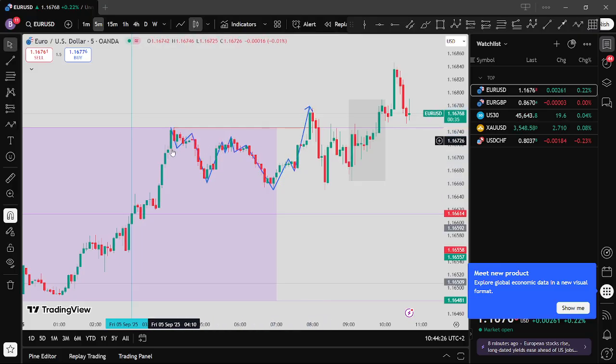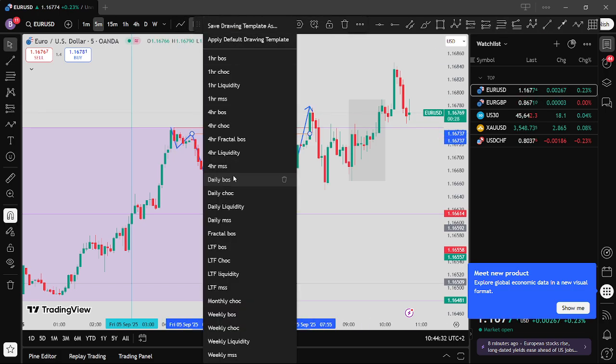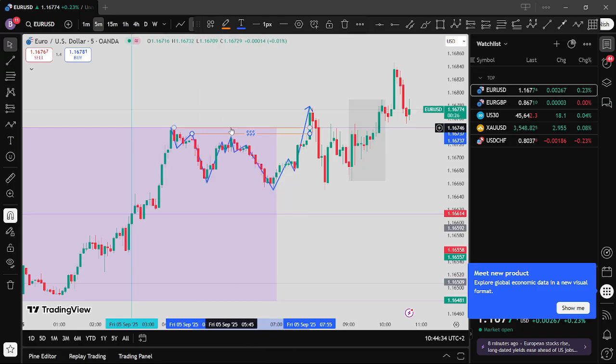So if you look here, there's liquidity here. This is liquidity. This probably isn't liquidity. That's maybe a false breaker structure. So we know that since this is a false breaker structure,